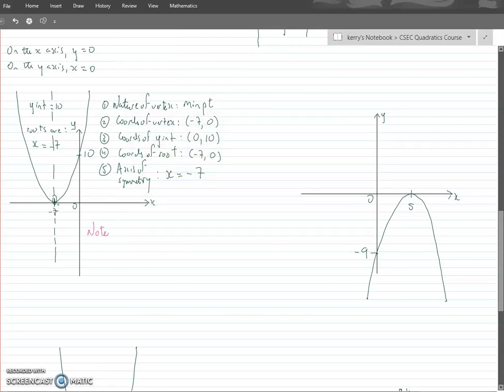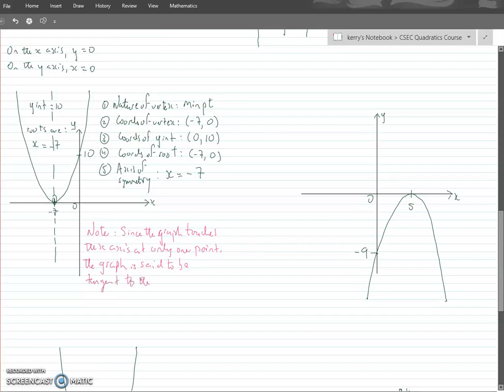if the graph touches the x-axis at only one point, there is only one root. But the graph is said to be tangent